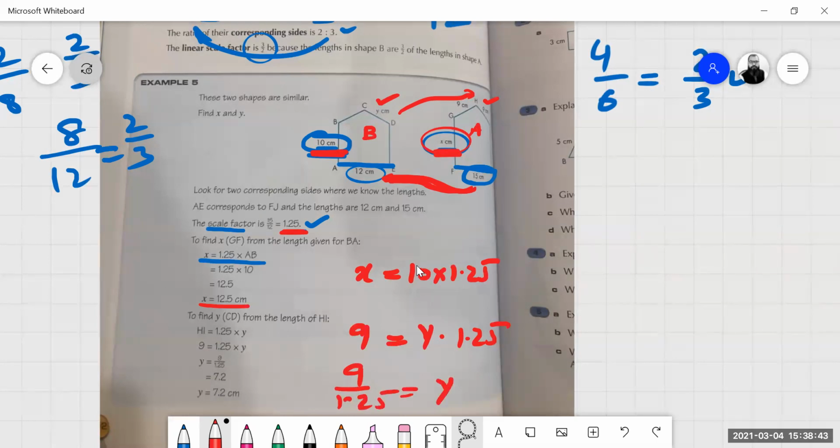Two things you should keep in your mind. The first thing is the scale factor direction. You are getting the scale factor direction from here to here. So whenever you compare, the comparison must be with regard to the scale factor. x is equal to this comparative value multiplied by the scale factor. Here the comparative value is given, so on the other side, 9 will be equal to y into the scale factor. Now we will do some practice. It will be more clear, inshallah.